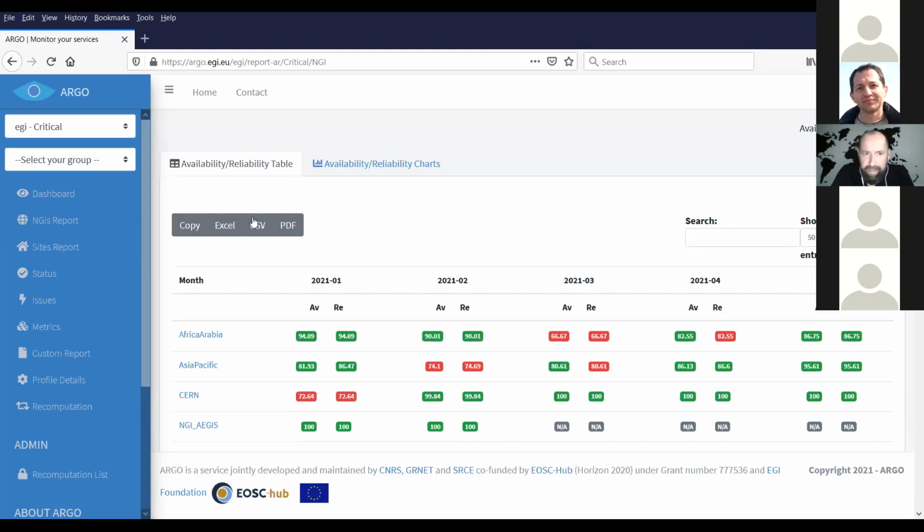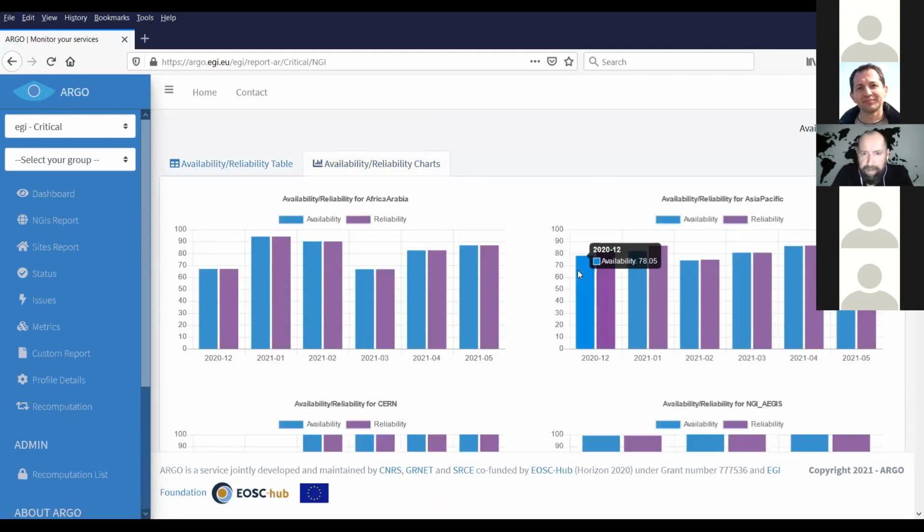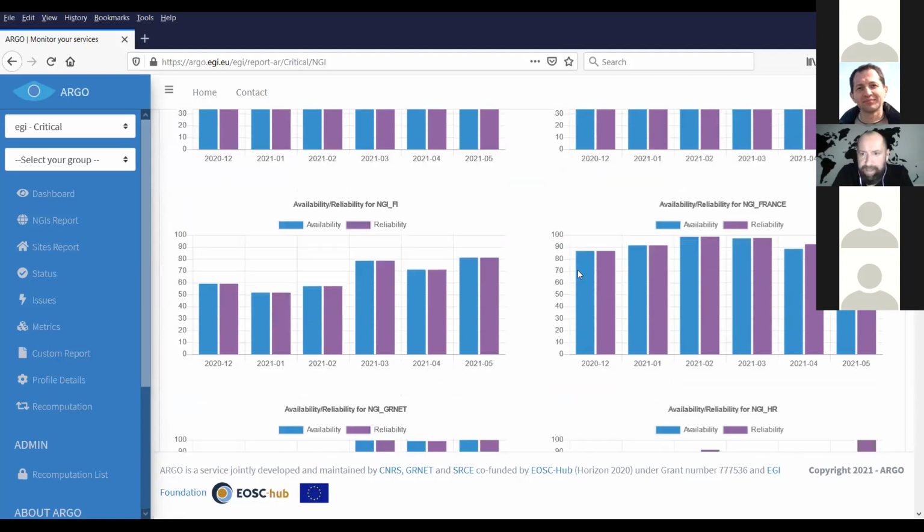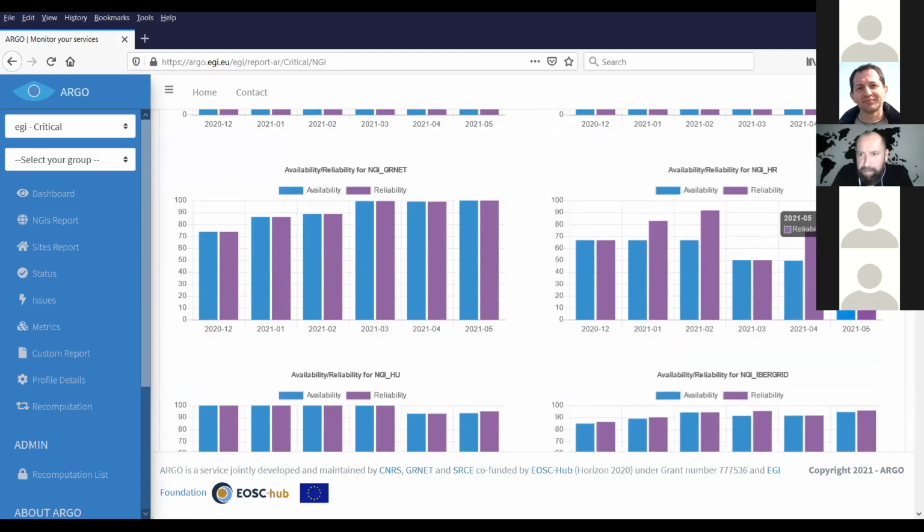You can do the report out of it, do the export, or you can generate charts for every other country. Let me find my country. It's embarrassing. We're chasing down one site which just cannot fix something. But from time to time, they remember to put in the downtime. So that's why the availability is low and then the reliability goes up. Annoying.